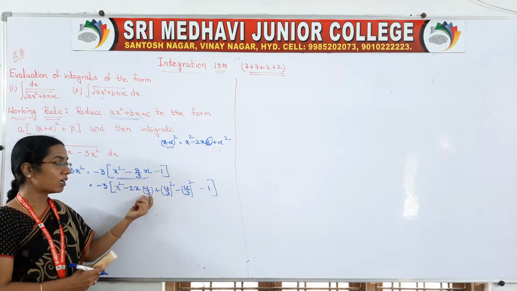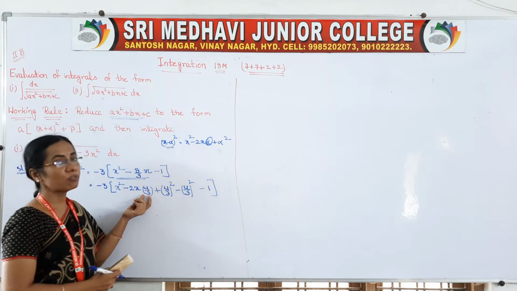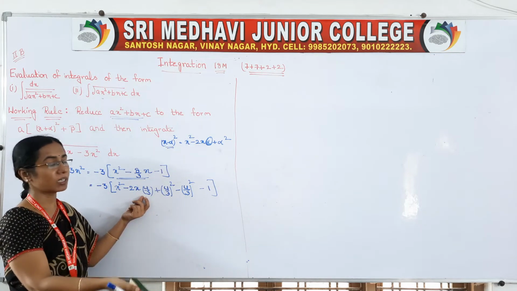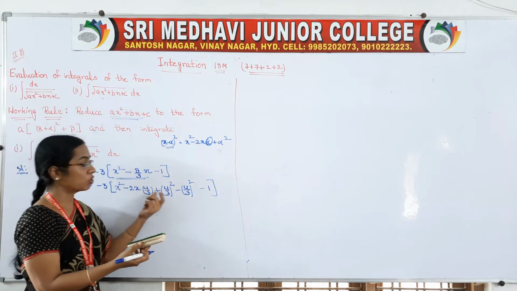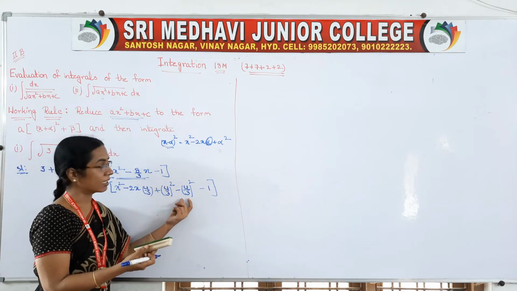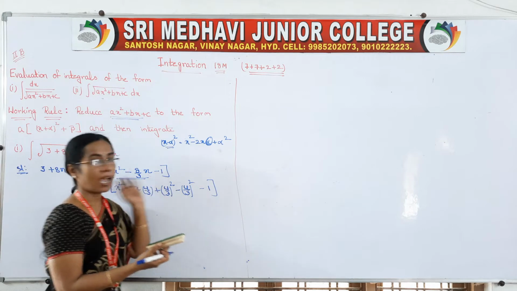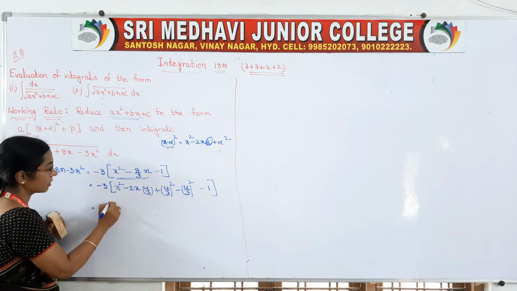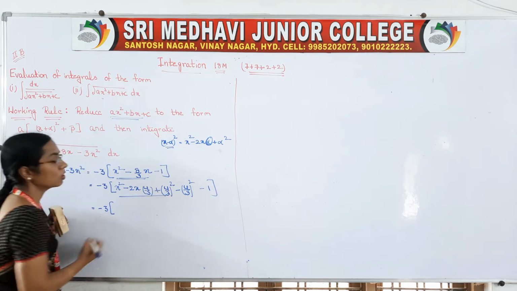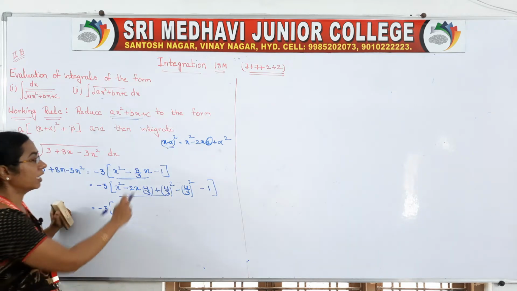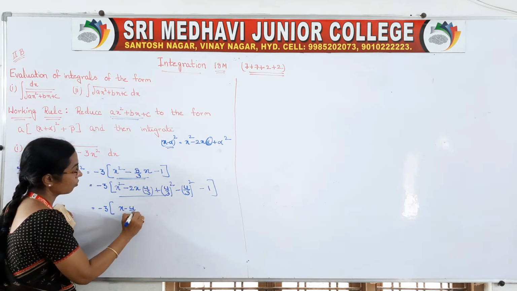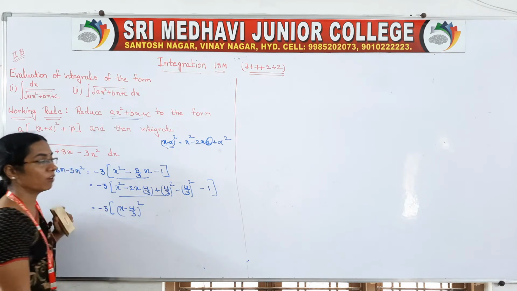So what is your alpha? In alpha place we are having 4 by 3. So to get this one we need alpha square, that means 4 by 3 whole square. That should be added and deducted. Next minus 1 as it is we have taken. So is equal to minus 3. Come on, from here to here if you observe it is x minus alpha form. So x minus 4 by 3 whole square form.